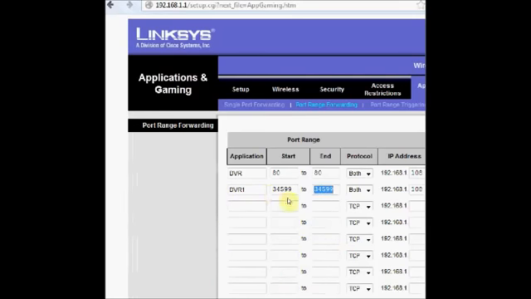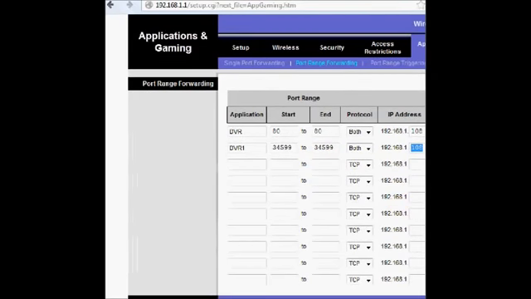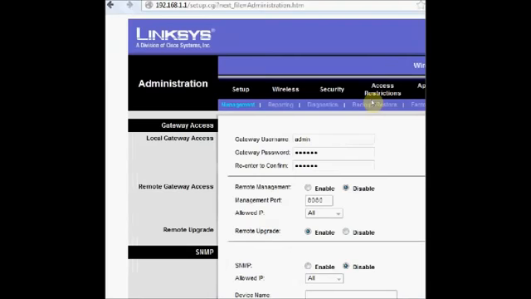Same way do the port forwarding for mobile port 34599. Here the IP address is same as that of DVR, 192.168.1.108. Now save the settings, and then under the browser you go to the site